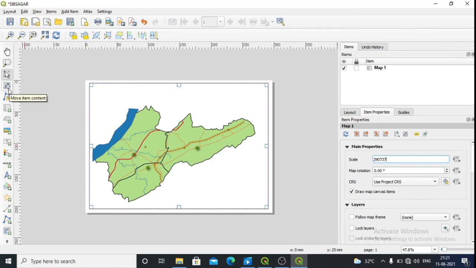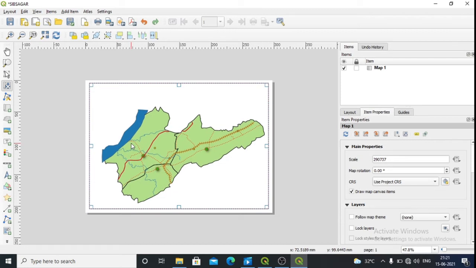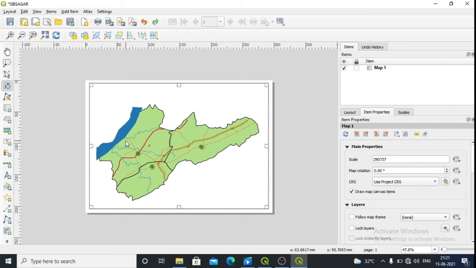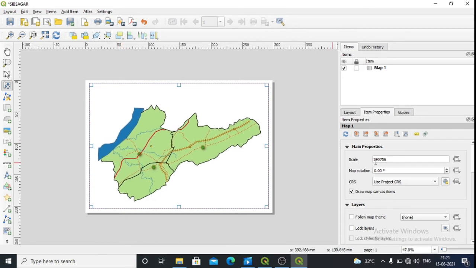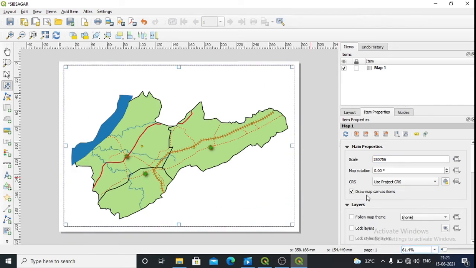If you want to move the item, you have to select the item content and you can move the map. A little bit more, 28. Okay, so this is okay.